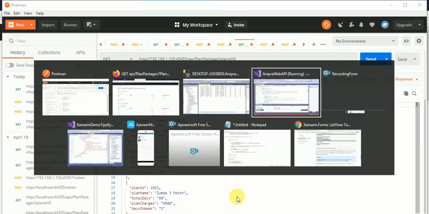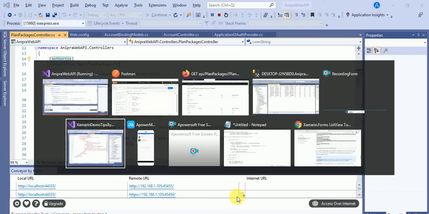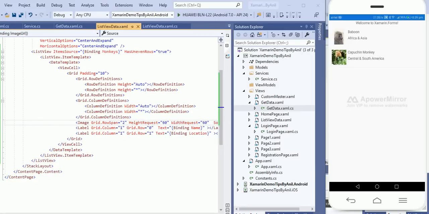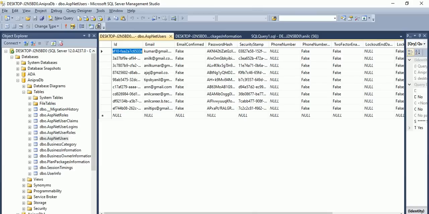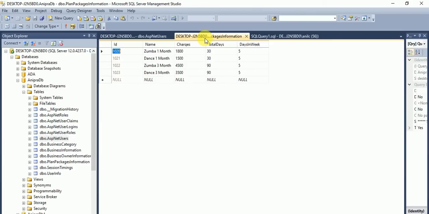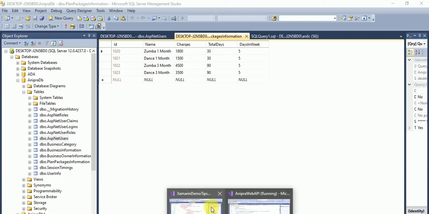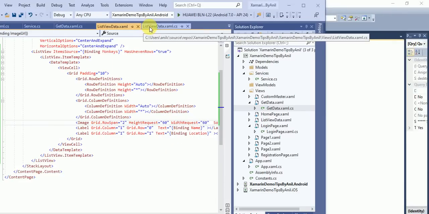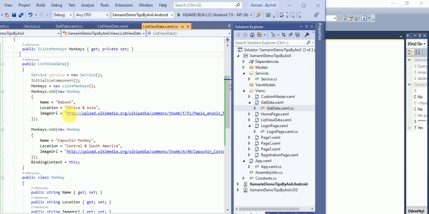But if I move on to my list, here you can see this is the image URL and this is the text and this is the text information. Again image URL, text information and text information. This same information I will make over here. So in plan and packages information, the name will be name and the charges I will change in image URL. I will pick the image URL from my previous post.